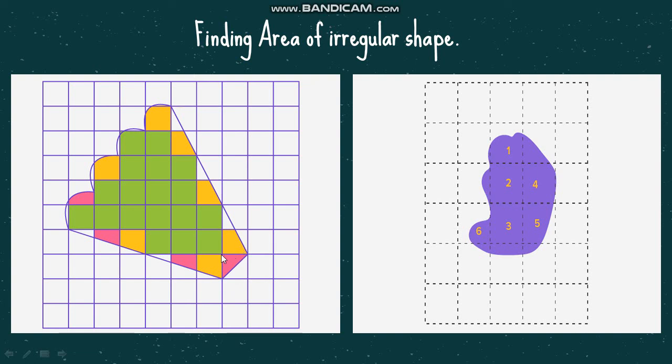If you see these pink squares, they are almost half. So you can consider 2 halves as 1. So this is 18. This is 1, 2, 3, 4, 5, 6, 7. So 18 plus 7, 25, and 25 plus 4